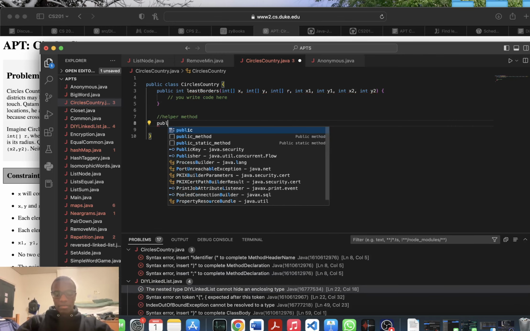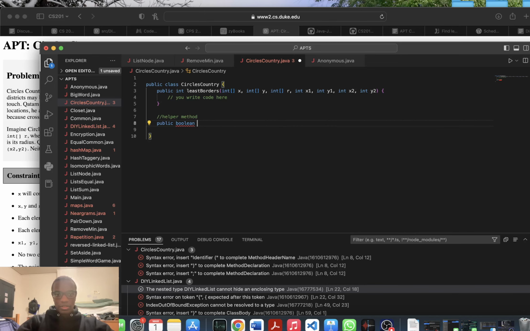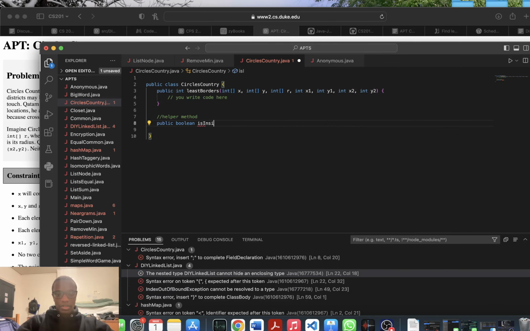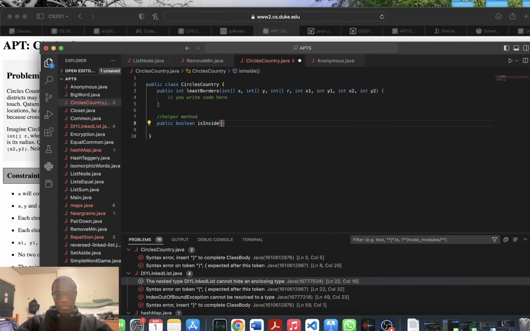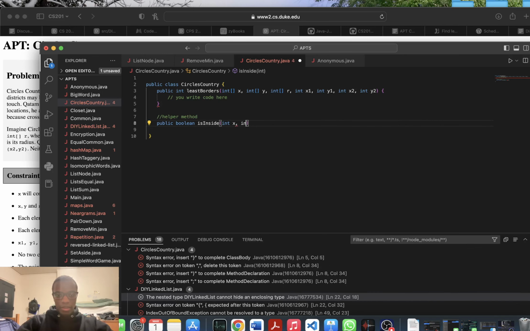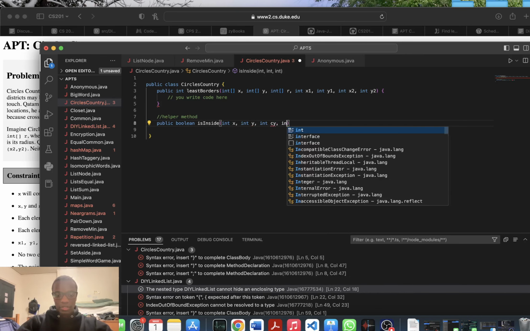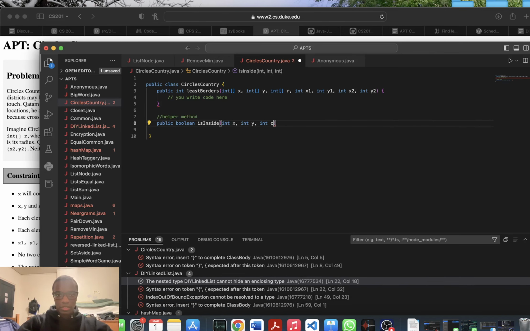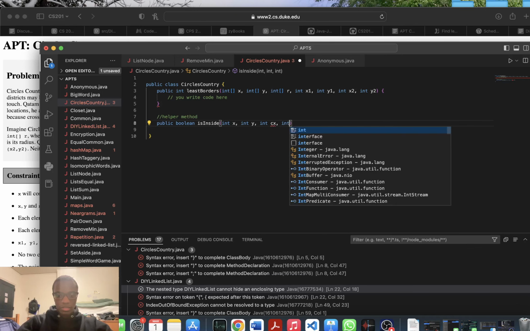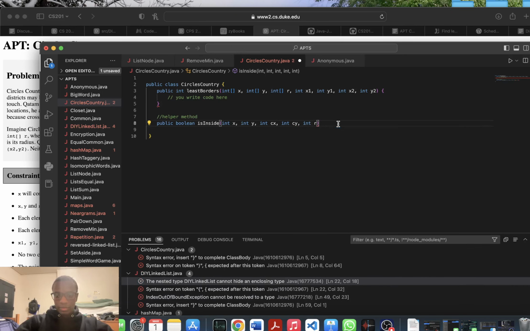So we're going to create a public boolean method that is going to return true or false, and we're going to call it isInside, and we are going to pass certain values: int x, int y, int cy, meaning the destination, int cx, get the order right, and int r. So after passing that,